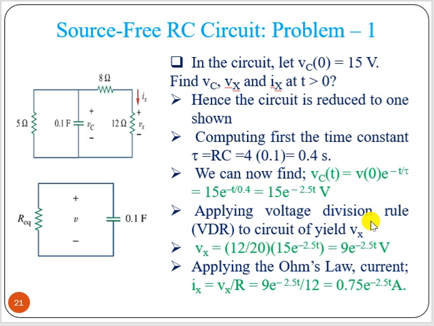Now we can apply the voltage division rule to find out Vx. So this is the voltage here, Vt. What is Vx? If you want to find out, we can do V into the same branch resistance 12 divided by the total branch resistance 12 plus 8, 20. Here these two are in parallel, so both have the same voltage drop. So again we got Vx, and we can find out the current Ix through this resistance just by dividing the voltage by 12. So Vx by R, this one divided by the resistance R, we get the value of Ix.